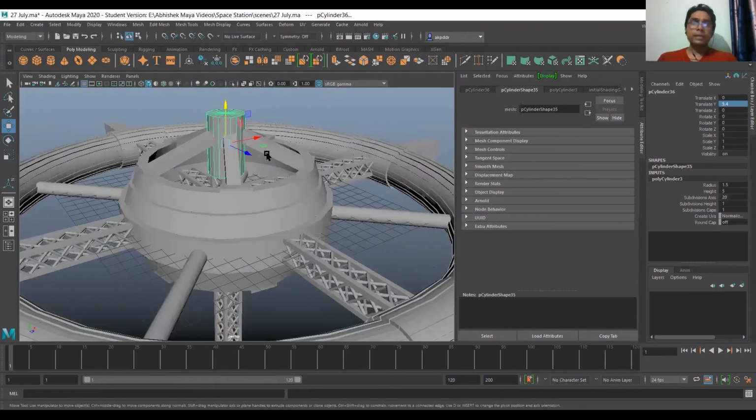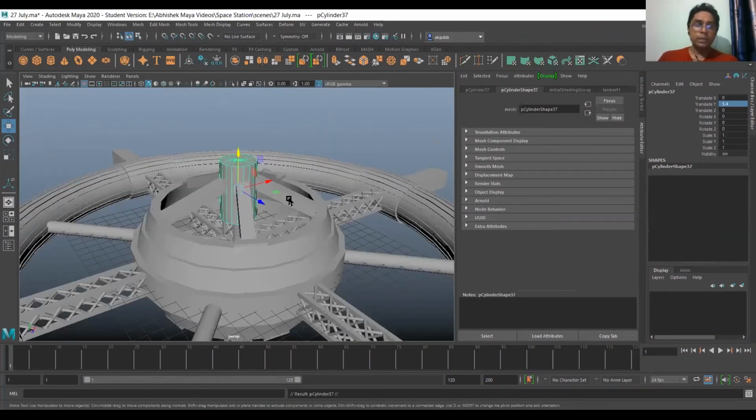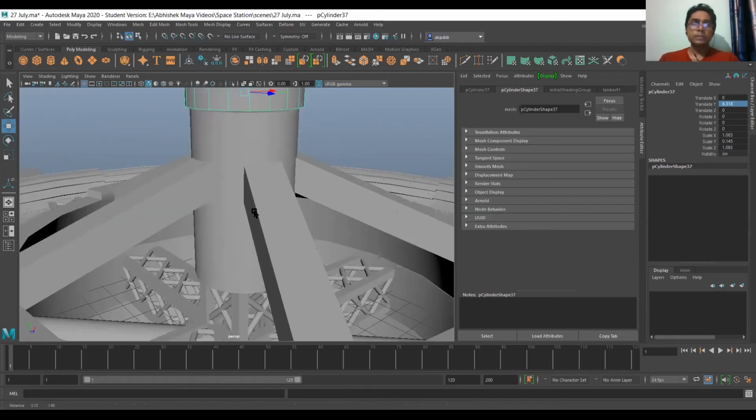Now I will duplicate my cylinder, Control D, and I'll pull it up to the top of my previous cylinder. I'll press R, and with the y-axis I'll decrease the size, and from the center slightly increase it. Press W and place it exactly on the top of your cylinder.